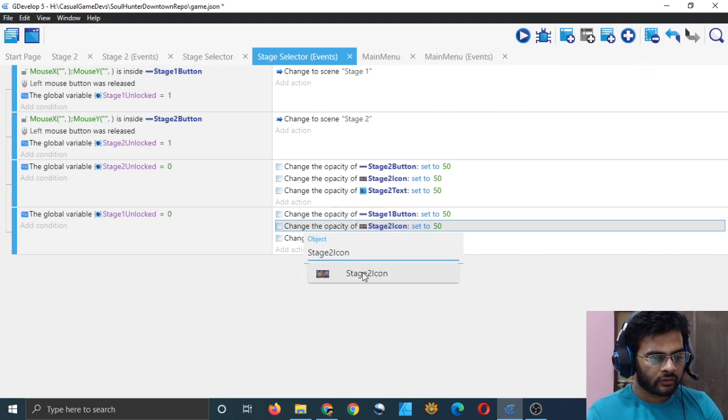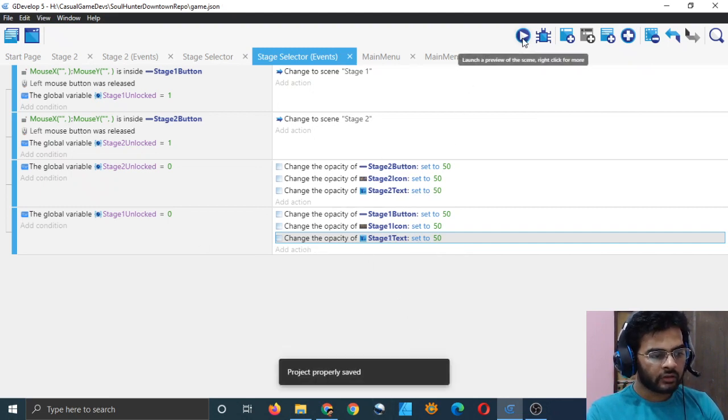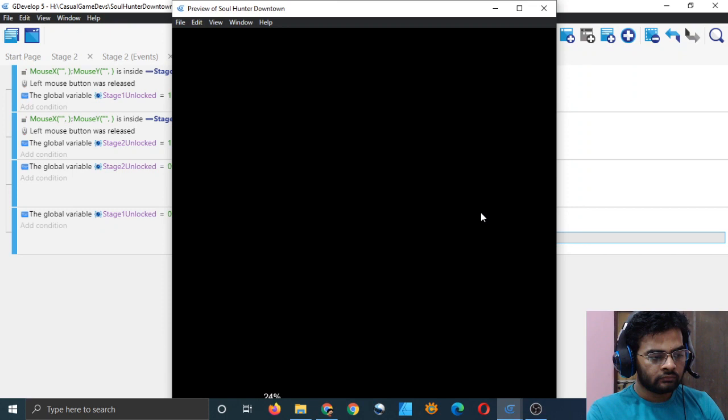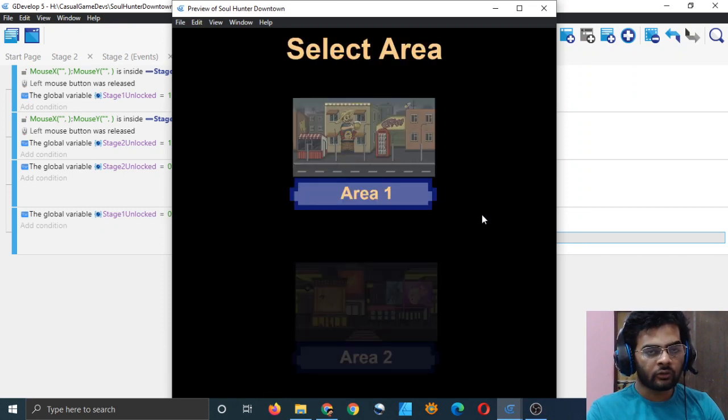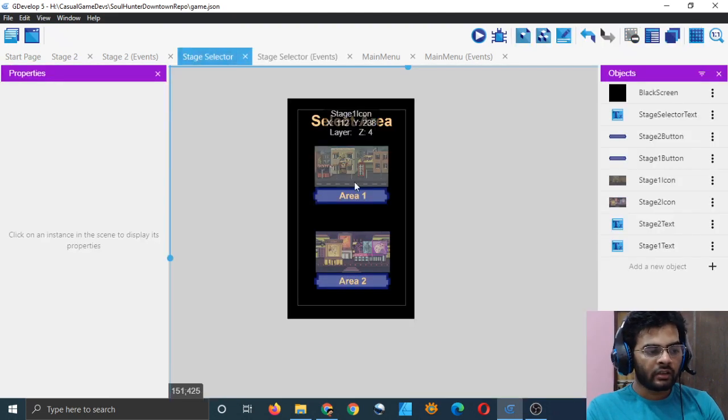You can just click on these identifier names, and then this kind of menu, this kind of a button will pop up. You can do this because we just have to change 2 to 1, right? So now it will work for stage 1, but because stage 1 is already unlocked, it will not gray it out. And also another thing we will do, and that is when we are hovering our mouse on the button, it's not showing that the button is clickable.